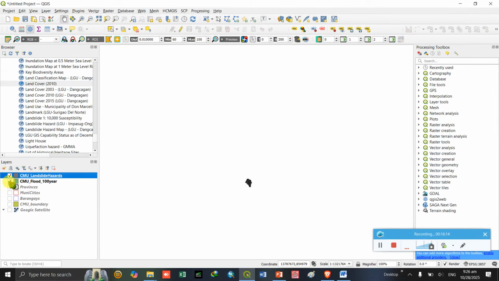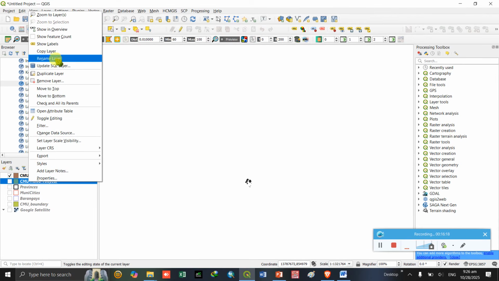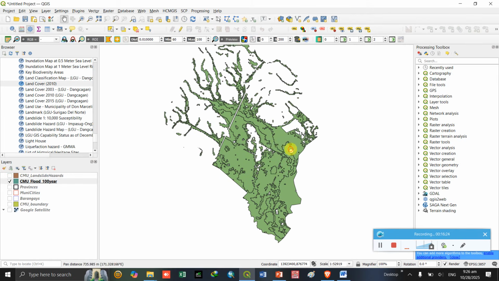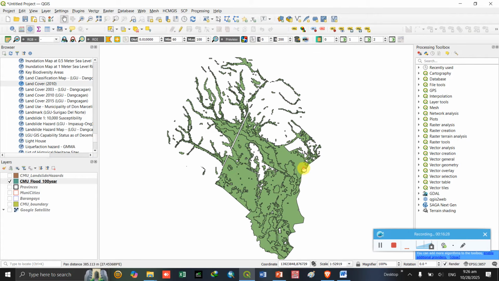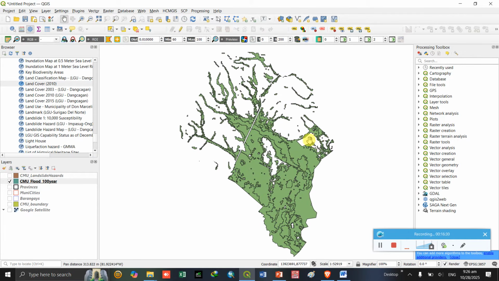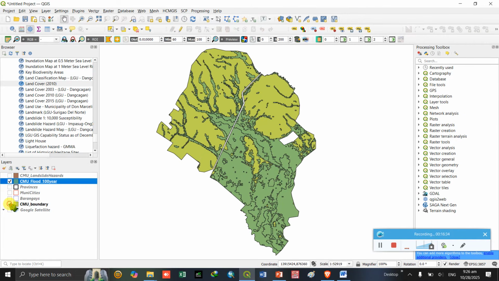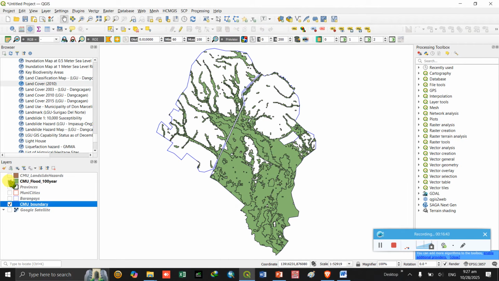Okay, so for the landslide, flood. Okay, so I have here the clipped flood hazard data for CMU. So this is CMU. Let me edit the symbology. So this is CMU.